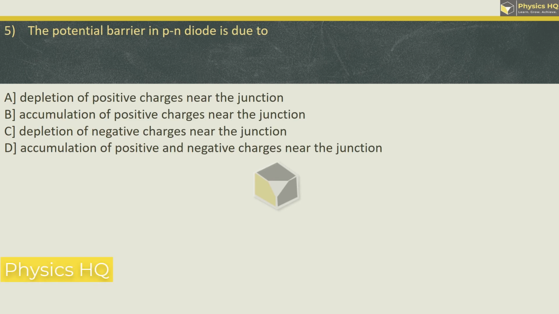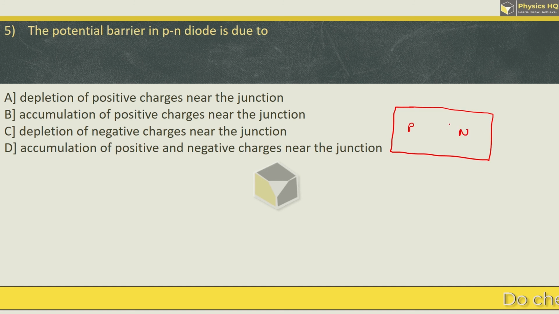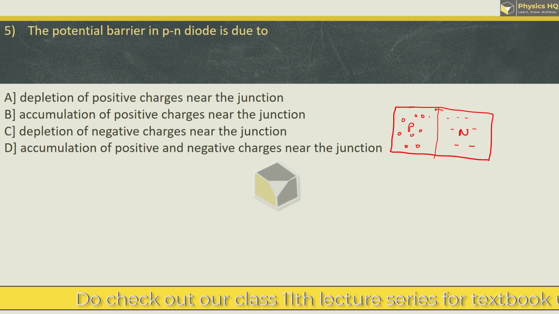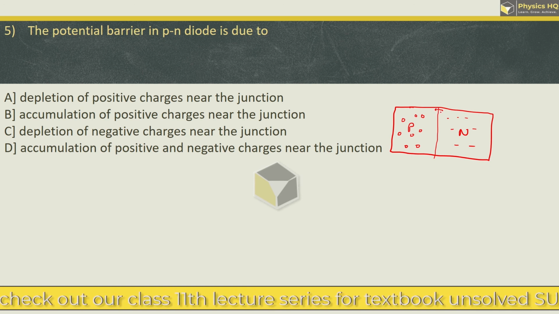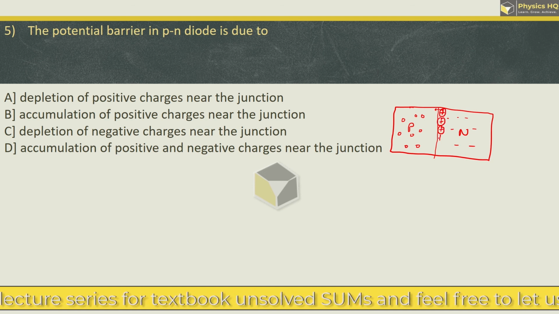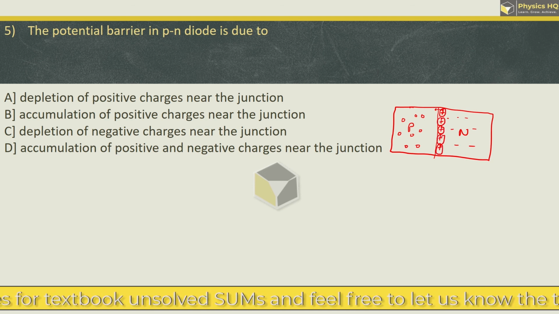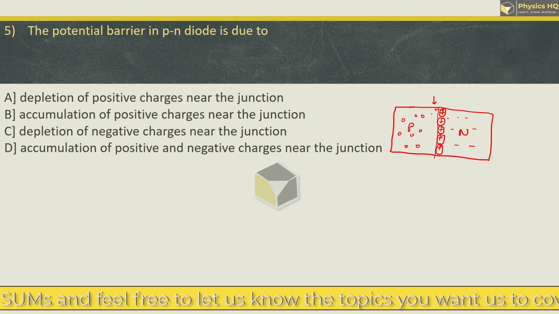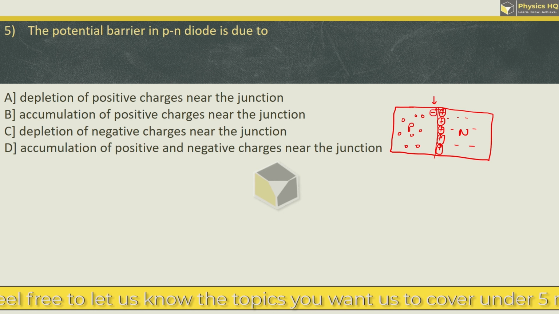Next, the potential barrier in PN diode is due to, so to understand this, let us draw this PN junction diode. Let us say this is the P region and this is the N region. Now when we bring them together, there are these electrons in this region and there are these holes in this region. Now these electrons move to the other side, and when electrons leave from here, what they leave back is a positive ion. So positive ions form at the boundary on this side, and when they go to the other side and combine with the hole, the atom here in the P region accepts the electron and it forms a negative ion.